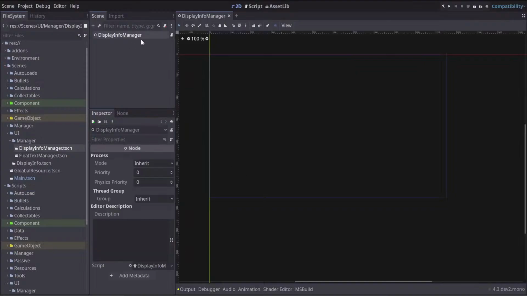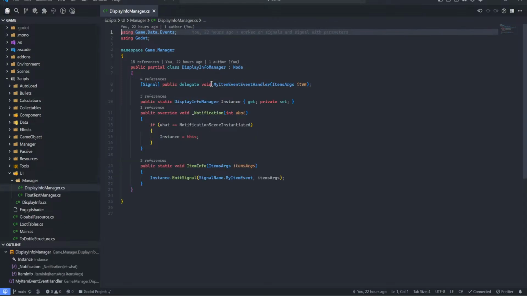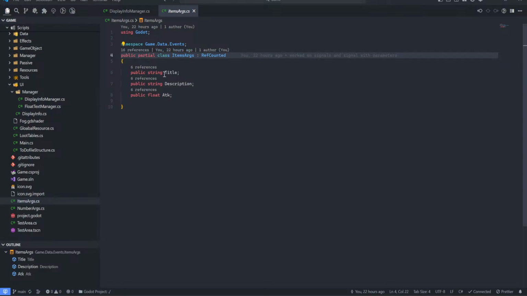So this is my display info manager. It is a node and it has a signal called my item event, and this is my event handler, which takes item args as a parameter value. The definition of the signal is a signal attribute on the node, public modifier, and a delegate, which is void. Item args is the class. It is under